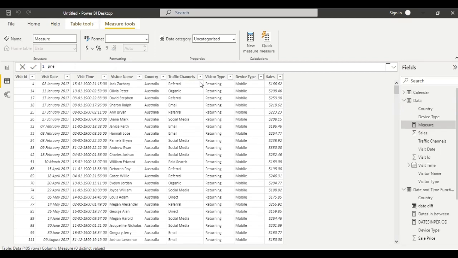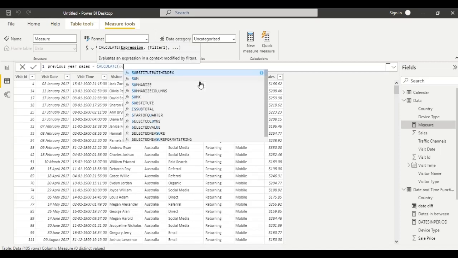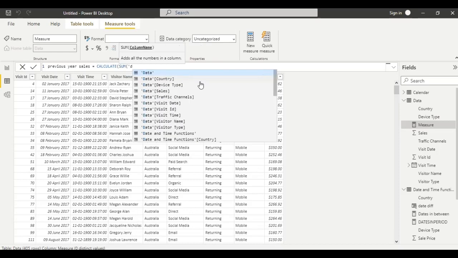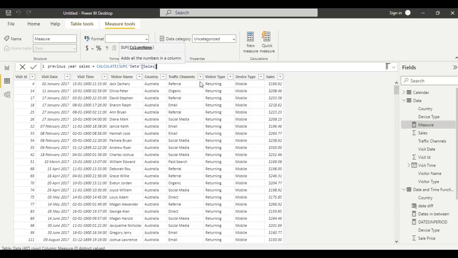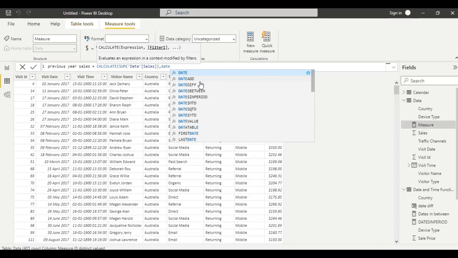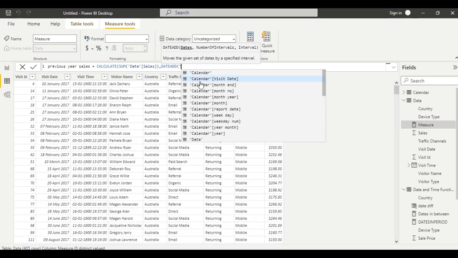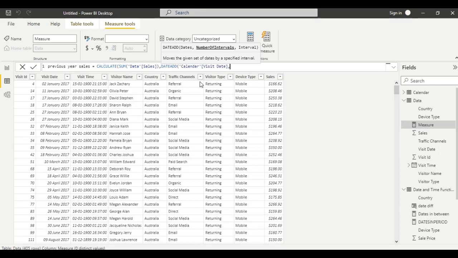Let us calculate previous year sales equal to calculate, sum of data from data table sales column, comma, date add, select calendar visit date, comma, if you want previous year we have to select -1. By day or anything you get the result.